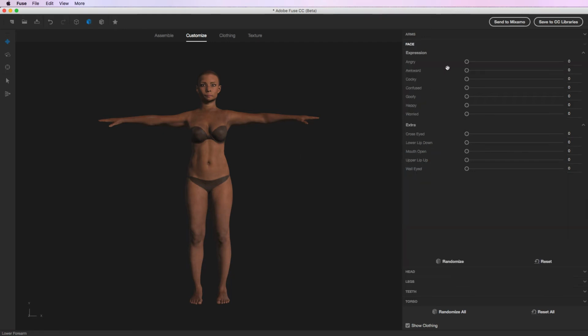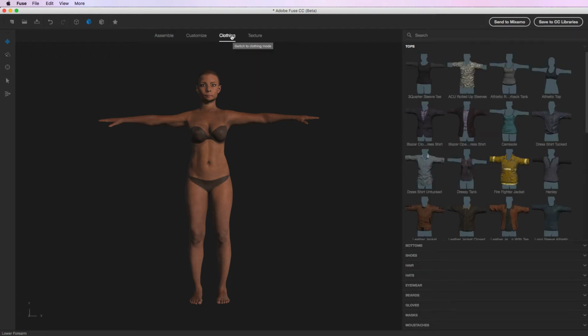The face, you can actually give it different expressions as well as a default expression. So if she looks angry, or she can look awkward, again, whatever you like really. And a lot of these, if you do facial motion capture to put on this character, you don't really need to be setting these. I guess these are just the default settings for the character if you're not going to be doing facial animation. All right, so now we've got the customize bit done, we can go to clothing, and